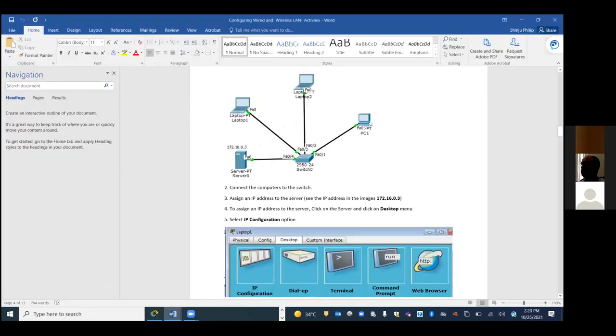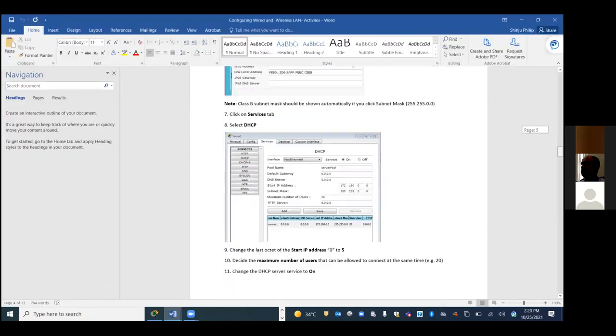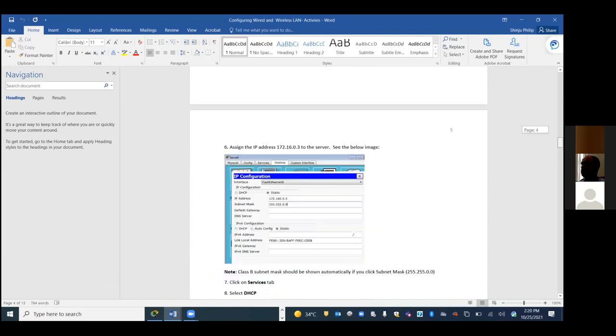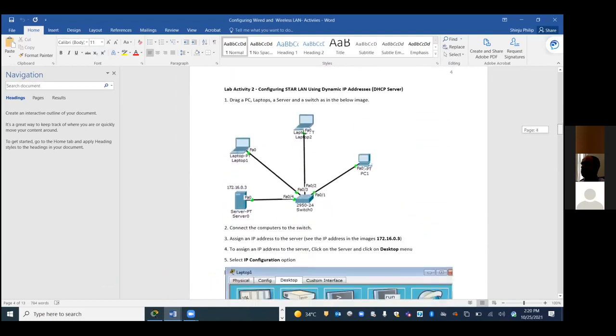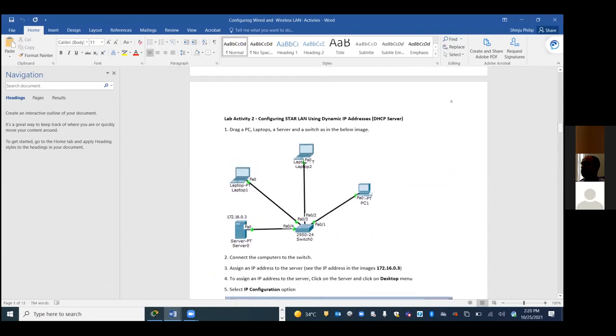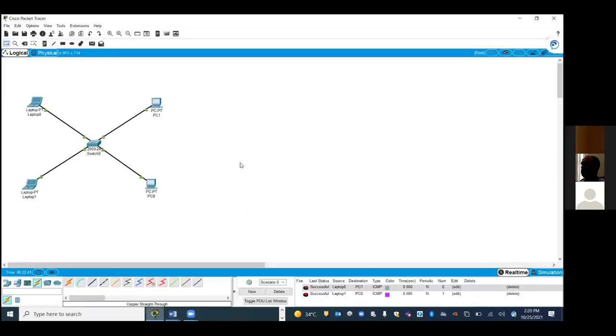In this scenario, how we assign the IP address manually. All of you done this? Very simple, right?